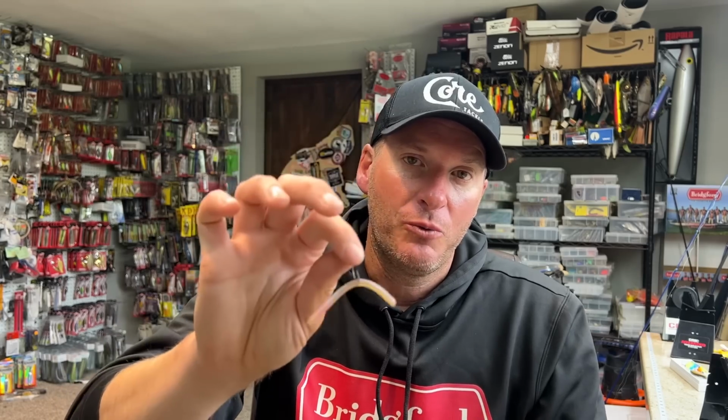I like to fish it as a drop shot, but I have since learned that you can fish this the same way you would fish any traditional wacky rig. So it's not a drop shot setup, it's just on a hook. I'm fishing it weightless. I'm throwing this a lot of times to fish that I see cruising. I'm fishing it around docks, and around holes in the grass where I know I've got really